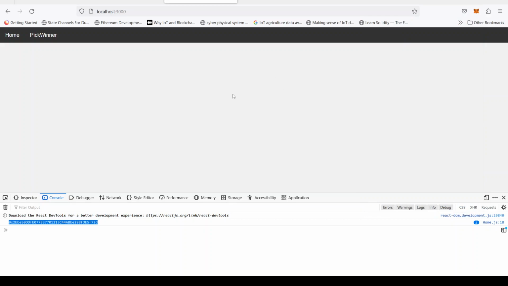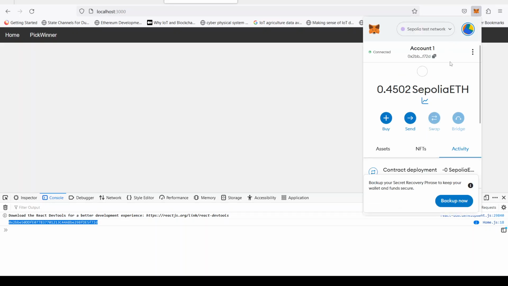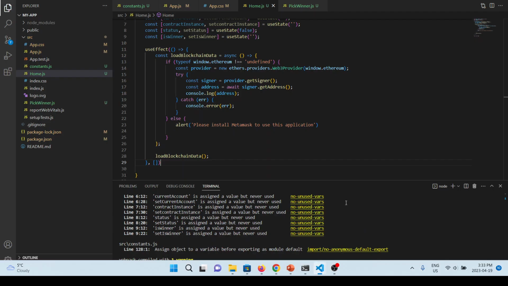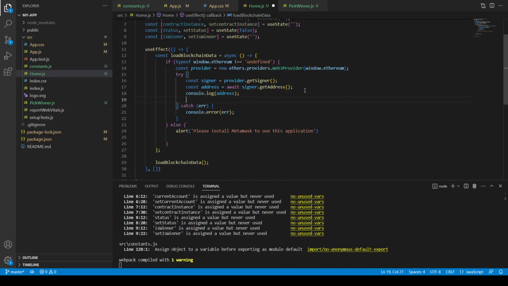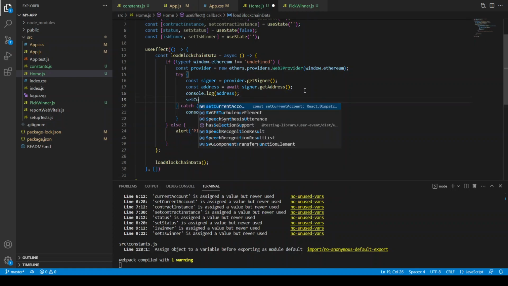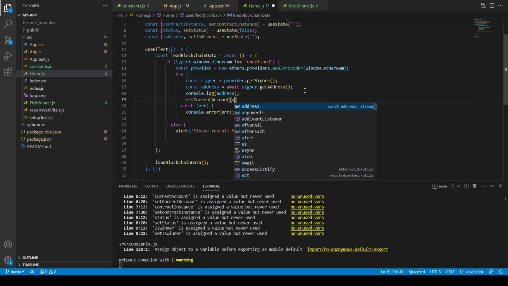What I need to see is if the account is changed, so this account must change. If I change the account, it should also change the account here. Right now I just changed the account, but I cannot see this account is changed here. So I'm going to go back to my code here. Now we have this account, so we can say set current account to address,